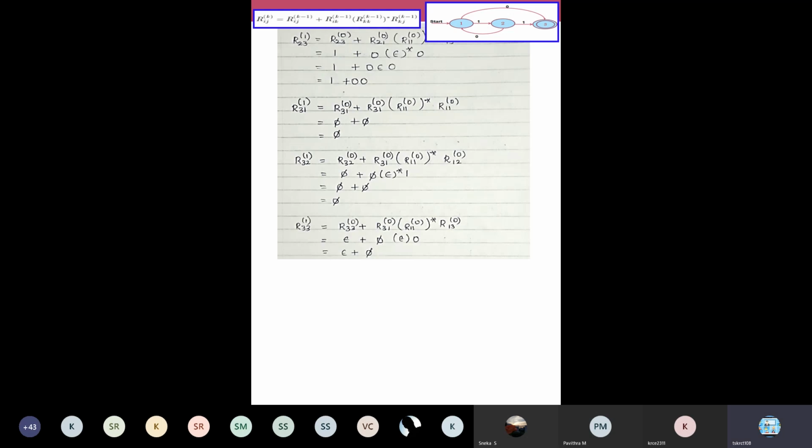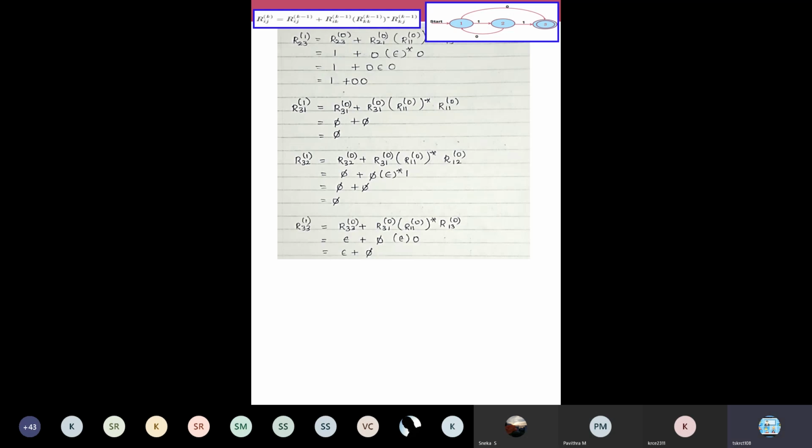Just apply the formula. For R11 of 0 star, you have to write epsilon star. I've written epsilon here. You can write epsilon star and then minimize, but it does not make any change since you have a null. Sorry, I missed the star there. Write a star over the epsilon. So see this step, epsilon plus null.